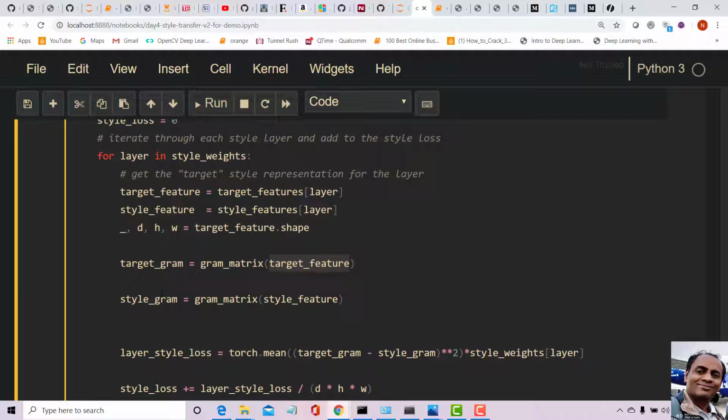So let's say in my image, feature 1 is correlated to feature 5, feature 3 is correlated to feature 10, different types of correlations within the image. That's what the gram calculates, and that's what actually captures the style dependencies within an image. And we need to basically find a loss with respect to that.